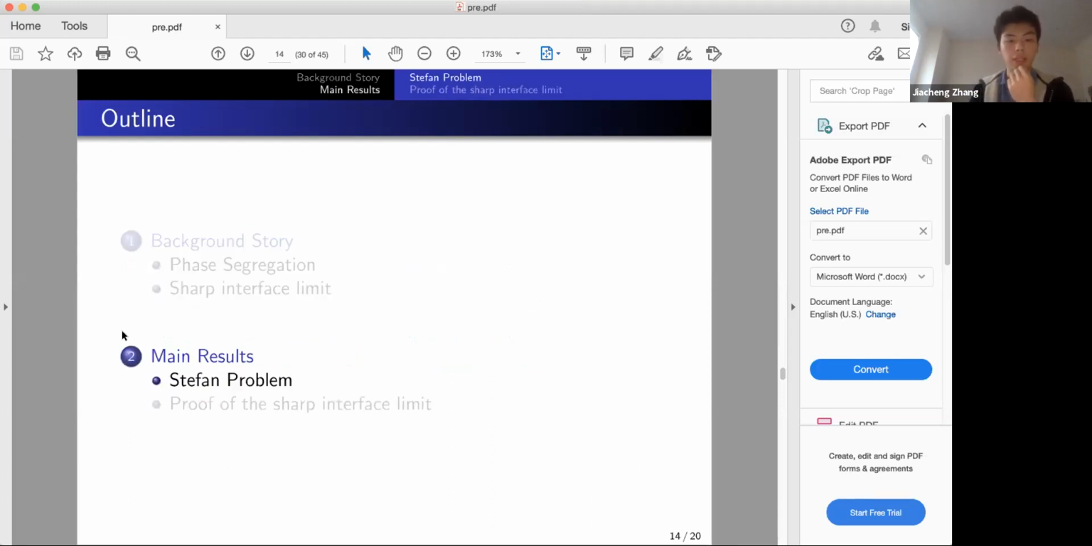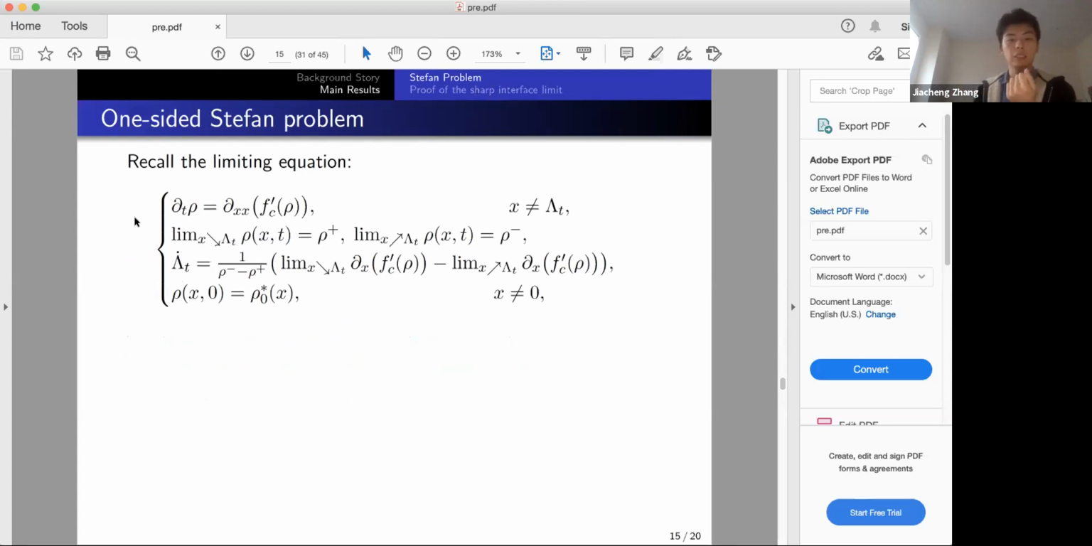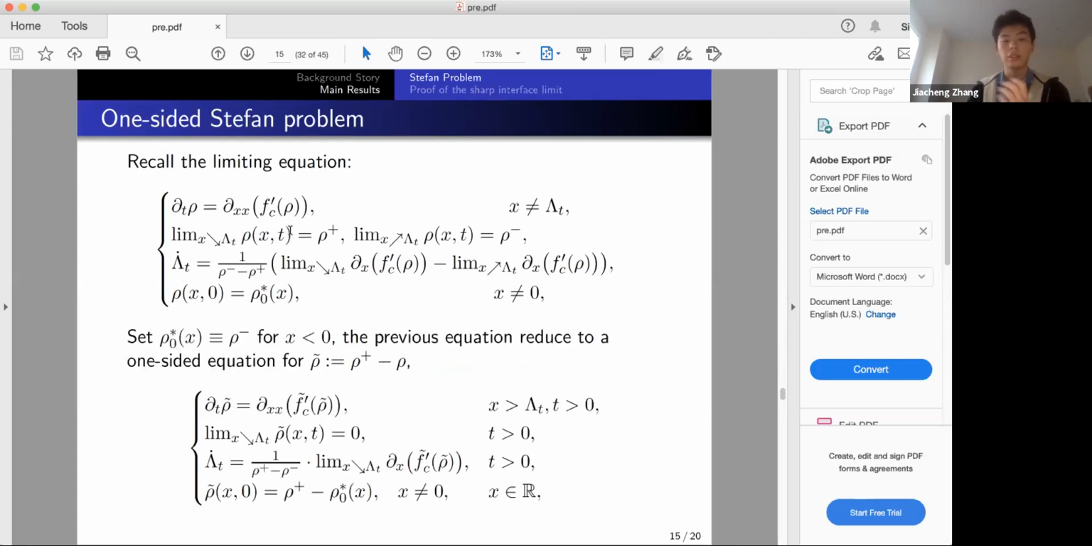Okay, so as I said before, the first result would be to record our limiting equation. We assume, at the right part, basically in the water region, that rho at the initial condition is always equal to rho minus. Then this limiting equation will reduce to a one-sided Stefan problem if we do a change of variable,